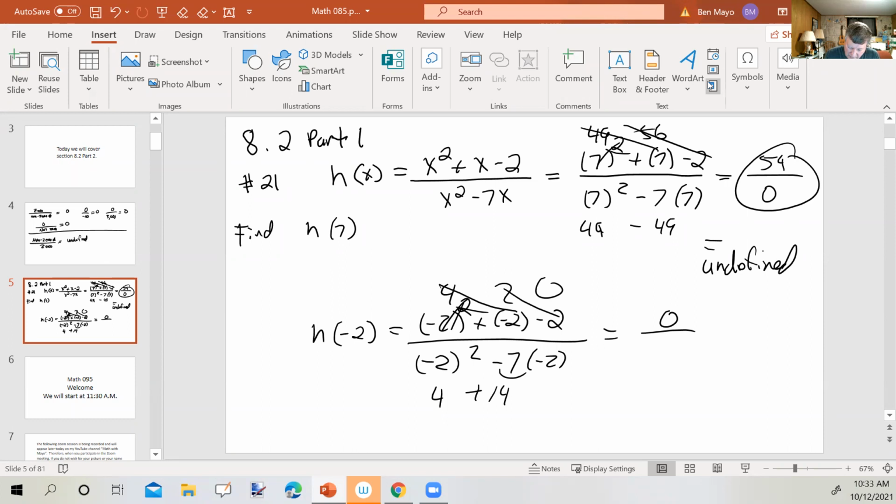And so we get that, which is equal to 0. So your final answer is undefined and 0. Any questions about that before we go on? Okay, well then let's go on to